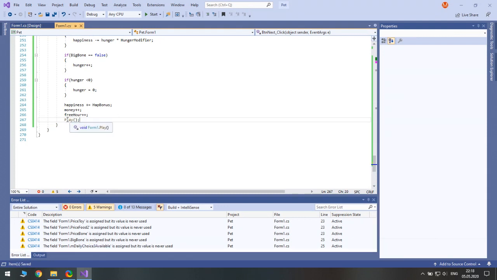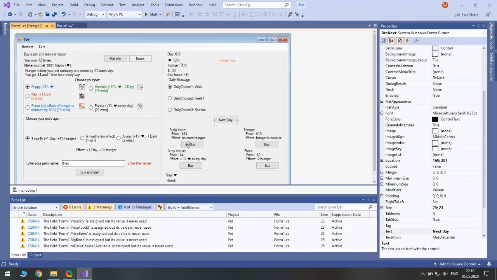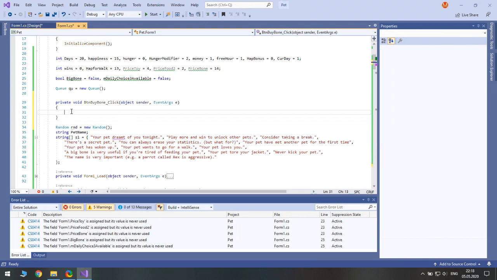So it is called at the beginning of the game and every day. Next, yeah, so in order to buy this big bone, let's make such a possibility.